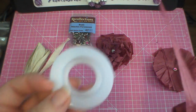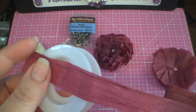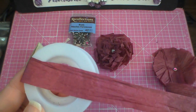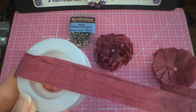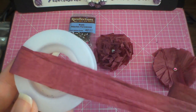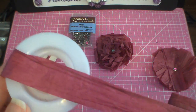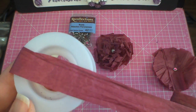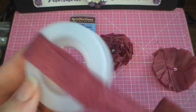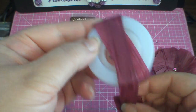So what I did is I took my raffia, which I unfolded. I still left it crinkled, but you could totally use a hair flat iron or one of those tiny little craft irons to quickly iron it out if you don't want any of the wrinkles, or if you want controlled wrinkles, you could run this through one of those corrugated crimpers, and then I wound it around, slightly alternating,